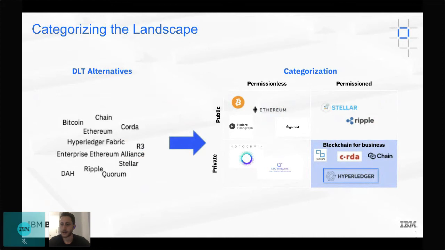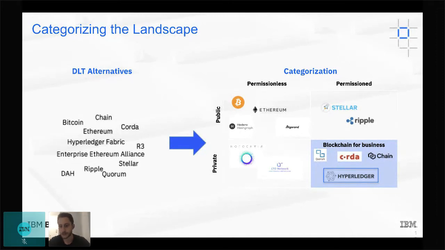As we look at the different networks across, you have the public permissioned, which is anyone can join, but you are connected to a certain identity and can only do certain things. The bottom left is private permissionless, which is only certain people are allowed in, but once in, you can do whatever your heart desires within that network.